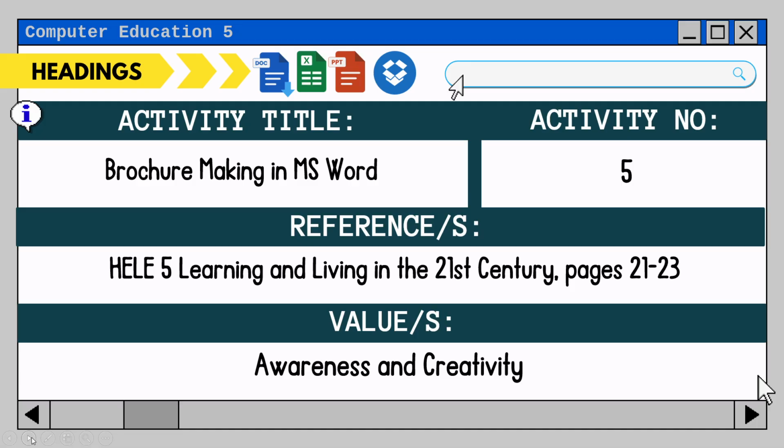So I hope that you have seen my attached LAS about this lesson on the MS Teams channel. So this is lesson 5, and you can also find this lesson in your book, Hele 5, on pages 21 to 23, and we're going to target the values about awareness and creativity.